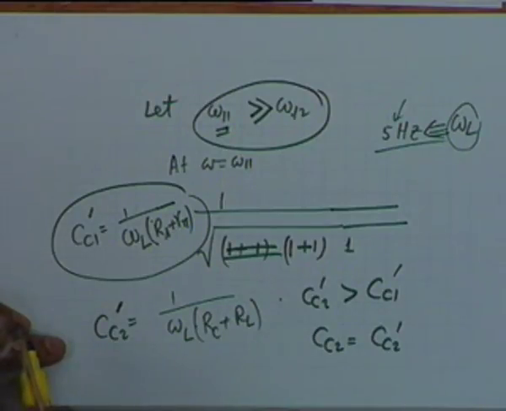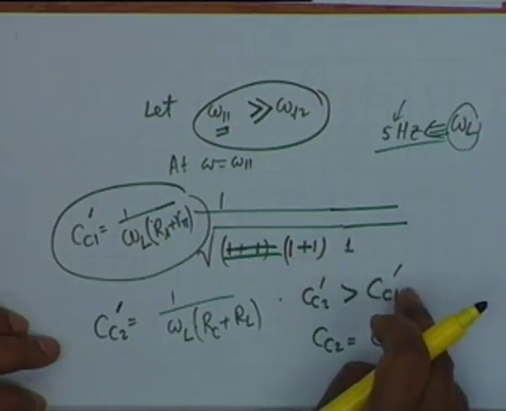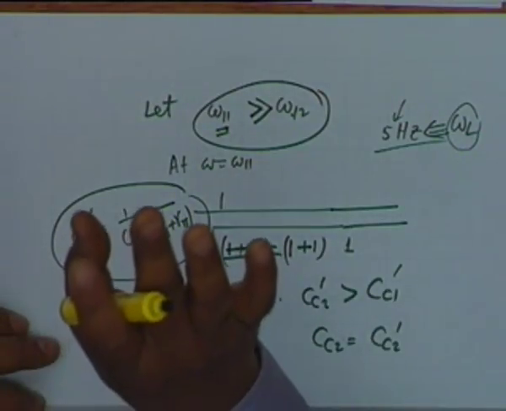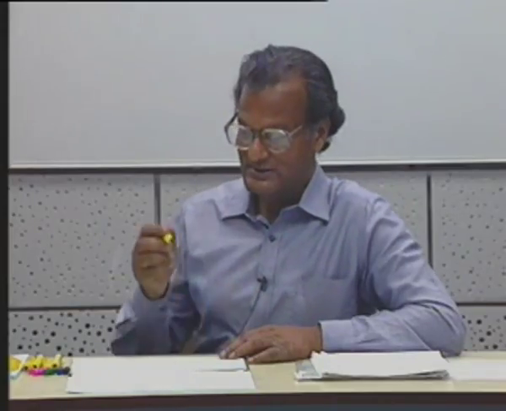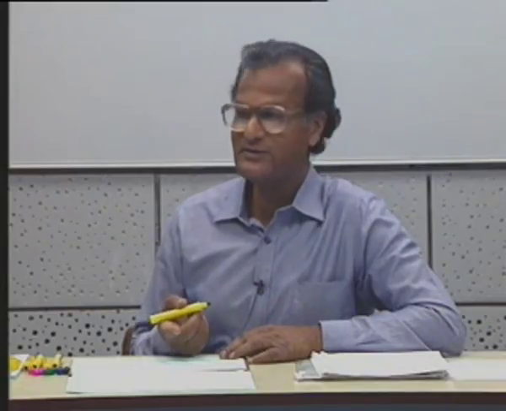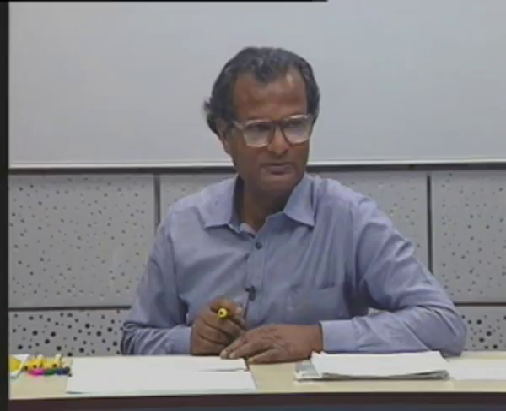All right, and I increase the other capacitor at least 5 times. 3 is a good figure, but to be on the safe side I increase 5 times. What does that mean? It means that omega 1 1 shall now be at least 5 times less than omega 1 2, and therefore omega 1 2 shall determine the low frequency cutoff. Is the design process clear?